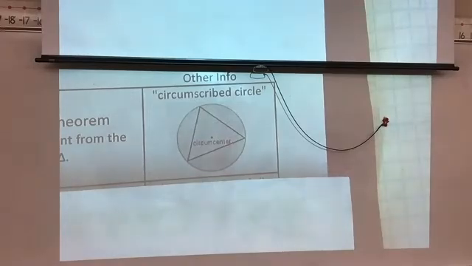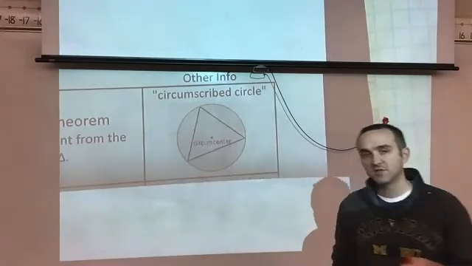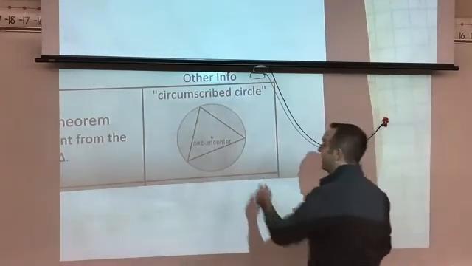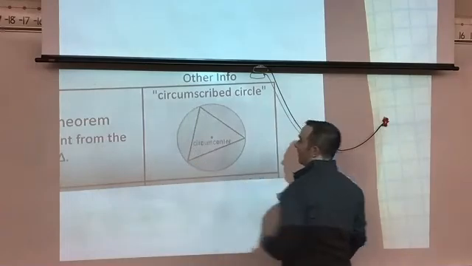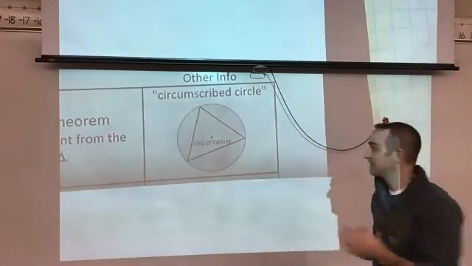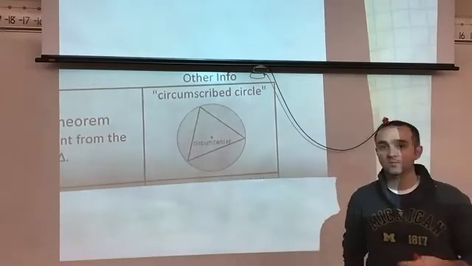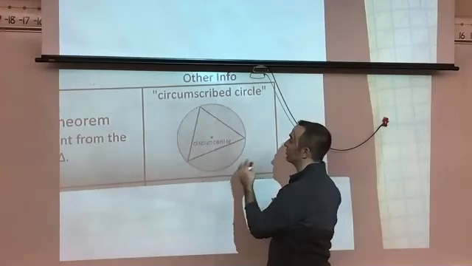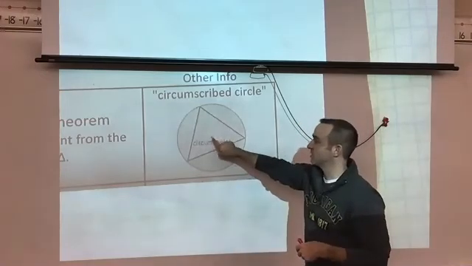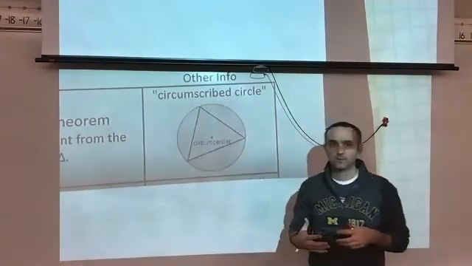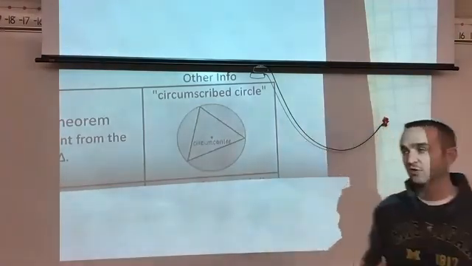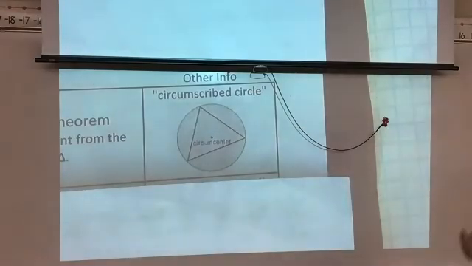So this is a circumscribed circle. It's a circle with a triangle inside of it, and all 3 points, all 3 vertices of that triangle are on the circle. And what we can say about a circumscribed circle is that the center of that circle will be the circumcenter of the triangle. Okay, the center of the circle and the circumcenter of the triangle are the same exact spot,